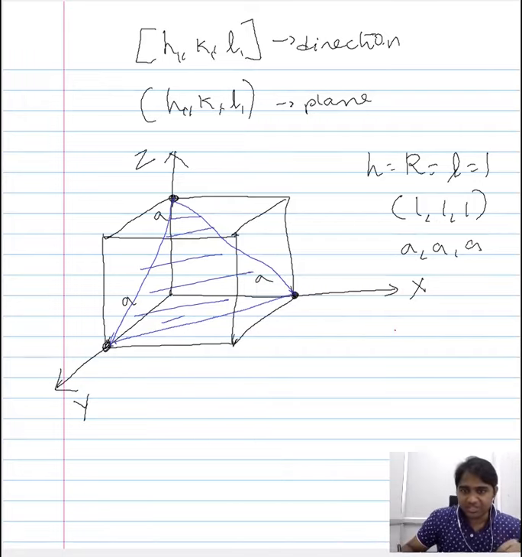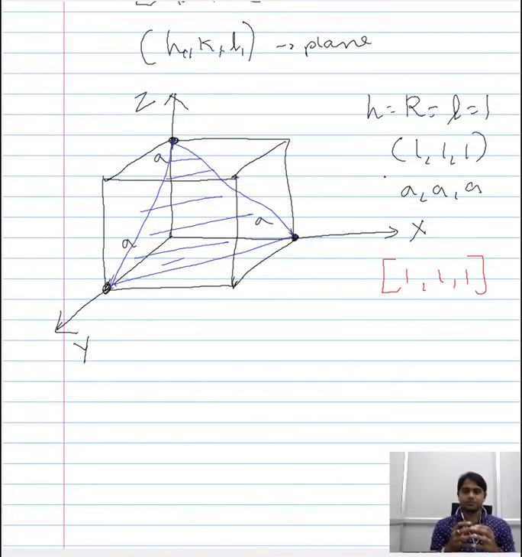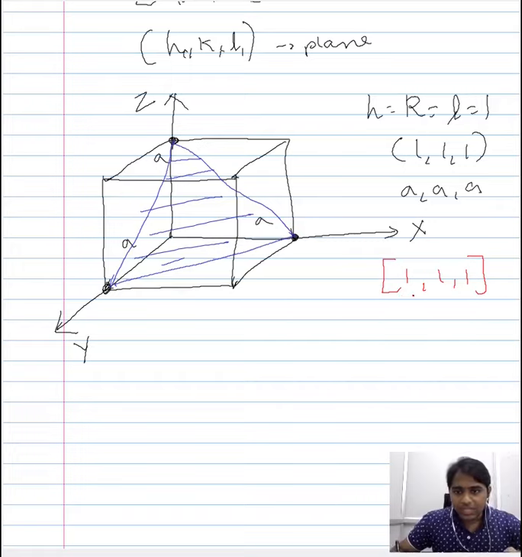Representing it is quite straightforward, you just change the bracket. It would be something like this. Now the way we arrive at a representation for the direction is we consider the projection of the orientation or the direction. So along the x axis, the projection meets the fundamental or principal x axis at 1, and it meets the principal y axis at 1.